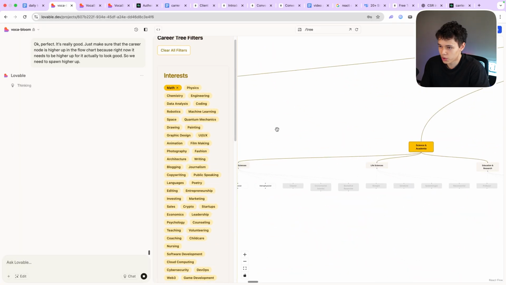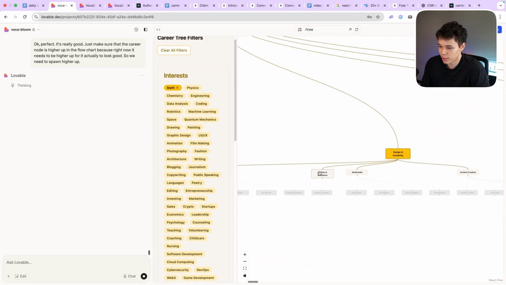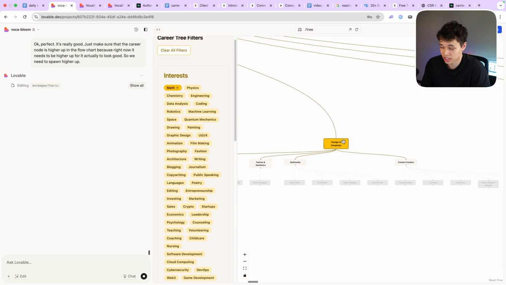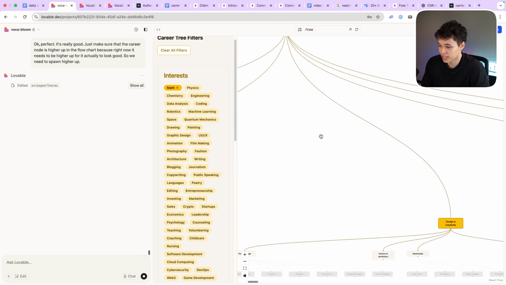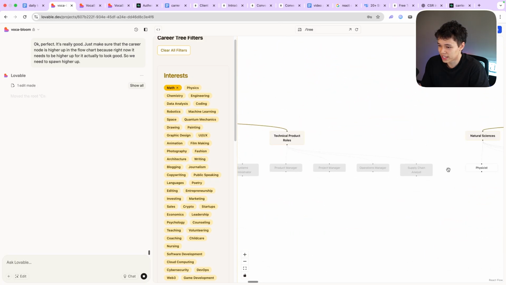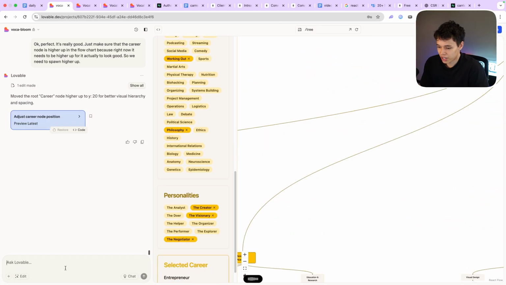Now, we also, I think, need to be able to press on these nodes and get more details. And what we can do is use AI to generate all of the details dynamically. Let's now make it such that you can press on these nodes, and when you press on them, you will be taken to a dynamic page with a bunch of structured data about a particular career, such as the salary, the job description, if it's remote or not, and stuff like that.